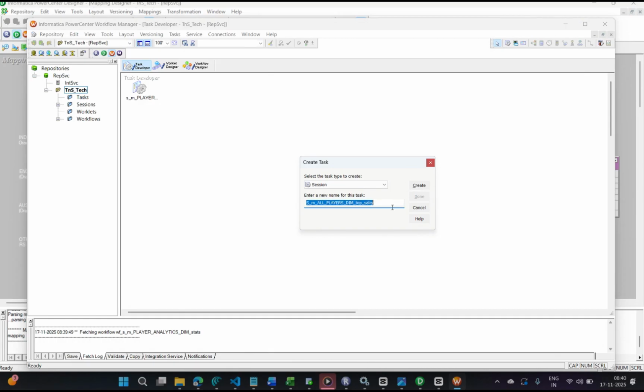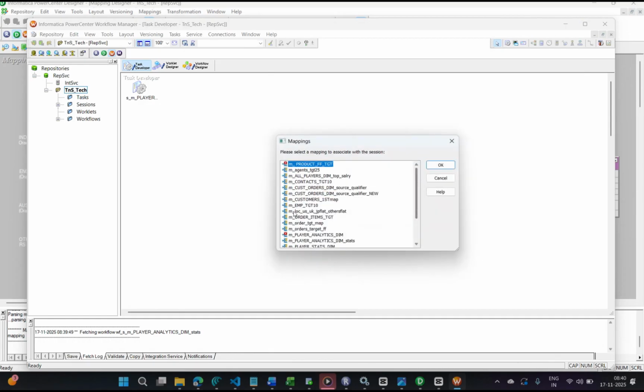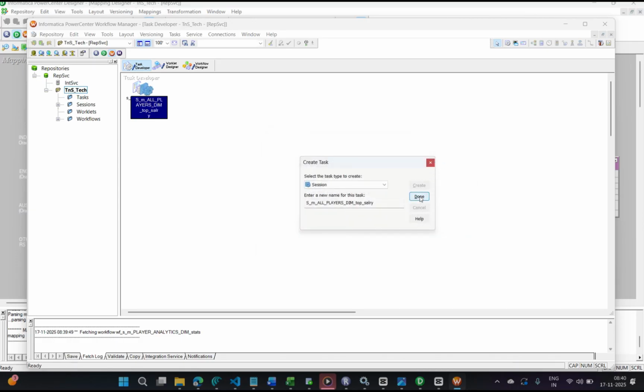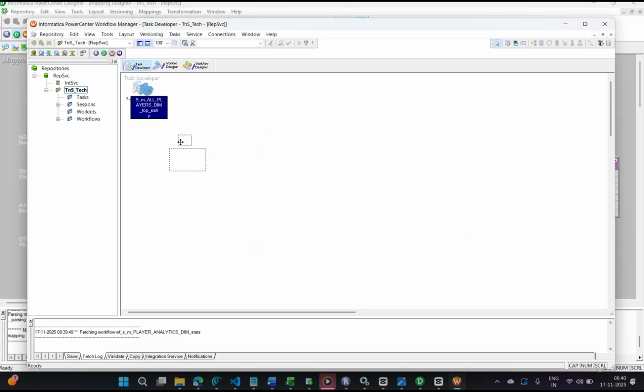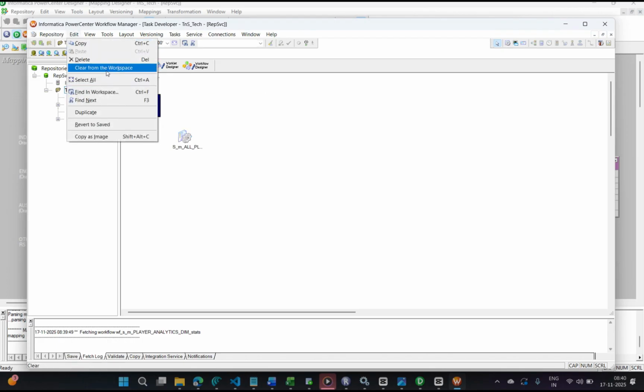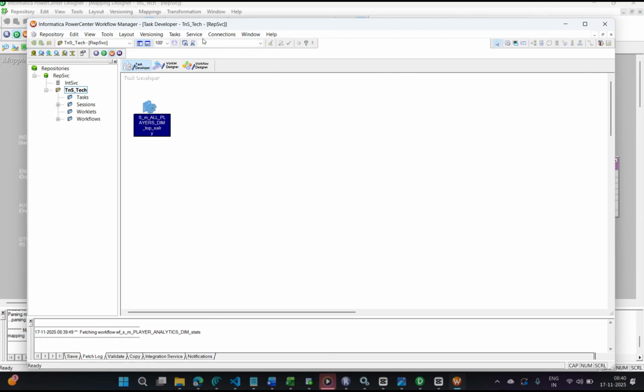Again, copy it. What is that mapping name? Top salaries. Okay, done. Remove this one. Go to edits, clear from the workspace. Okay, now go to workflow designer, and here workflows, create